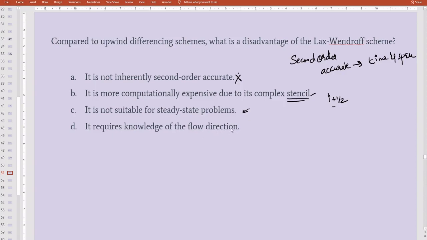Option D, it requires knowledge of the flow direction. No, it doesn't require the knowledge of flow direction. We do require the knowledge of flow direction in the schemes where numerical diffusion can occur. In such conditions, we require the knowledge of flow direction because